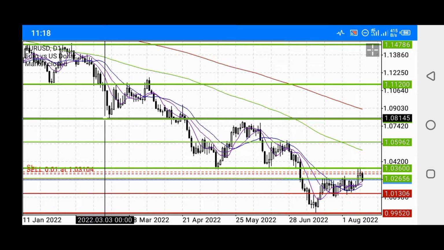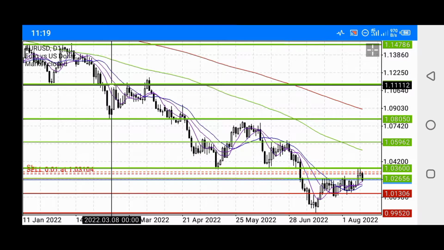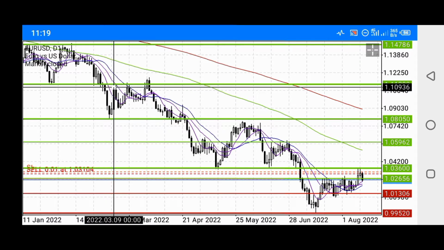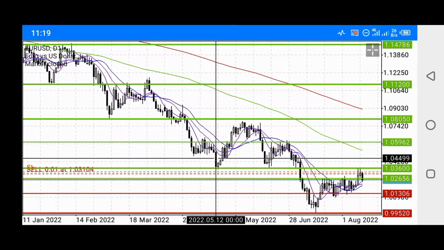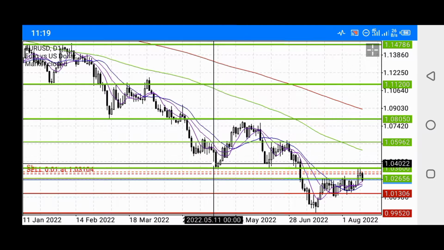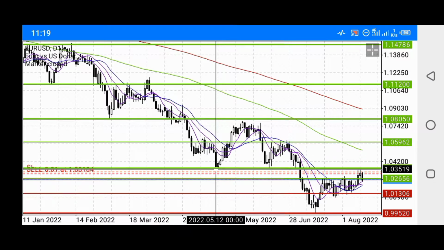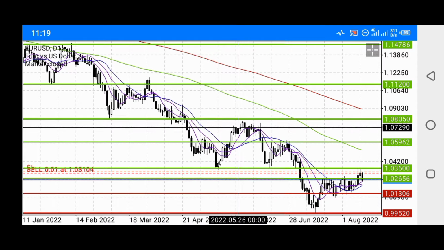This level rejected price, and price made an attempt to retest this support level, which stands as the resistance level, as you can see. So this level rejected price the first time, second time, and the third time, and price fell all the way down to this point, breaking this support level. So this level now stands as a support level for EURUSD during the period, and price made an attempt to retest this support level, and this support level stands as a resistance level, and it rejected price, and price fell